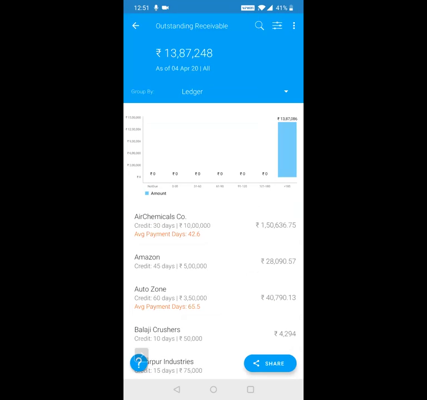So this is the new feature that is live, and think of it, the first 2 things that every business owner is going to work on after the lockdown is over: get back on increasing the sales and do the payment collection. So this will be the best feature to save your time. Every day in the morning, you can decide to which customers you want to send reminders, all or selected few, and you can send reminders to all of them in a single click.